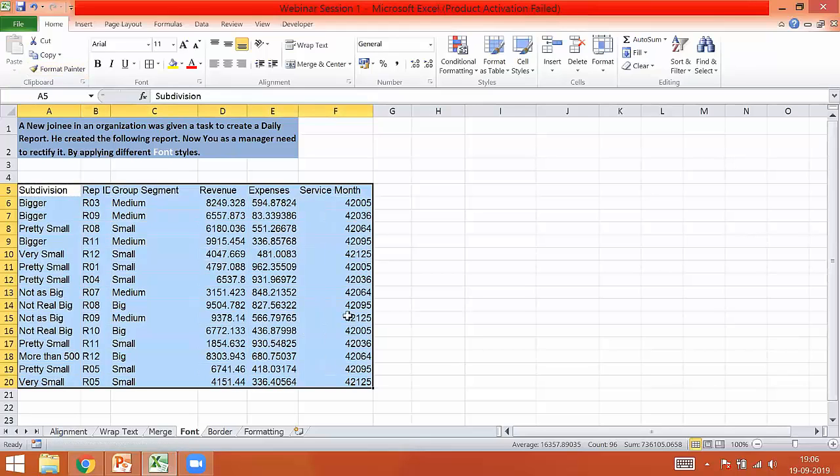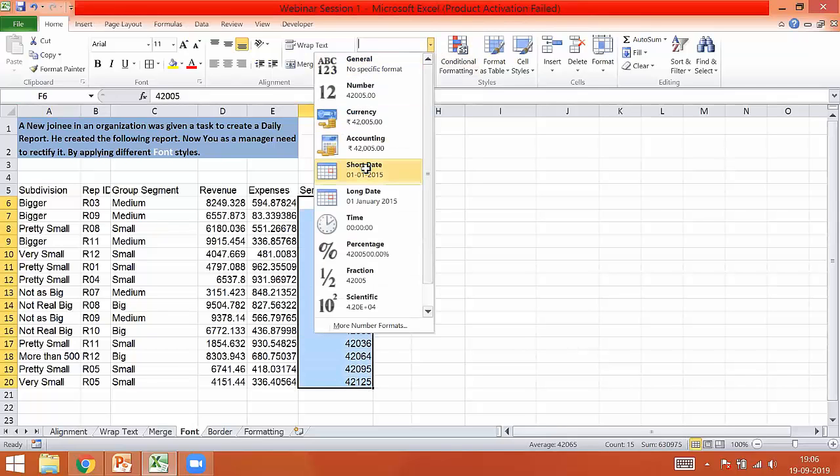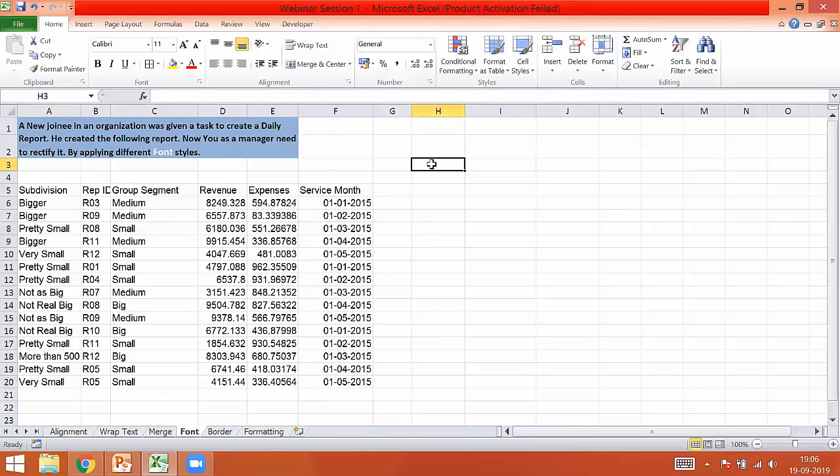Okay, now you can still see it has again changed, because you can see this was general over here. But if I click on this, I don't want general settings, I want the date settings. So I'm just going and changing it again. Okay, so this is one drawback when you are applying Format Painter. So this needs to be taken care of.